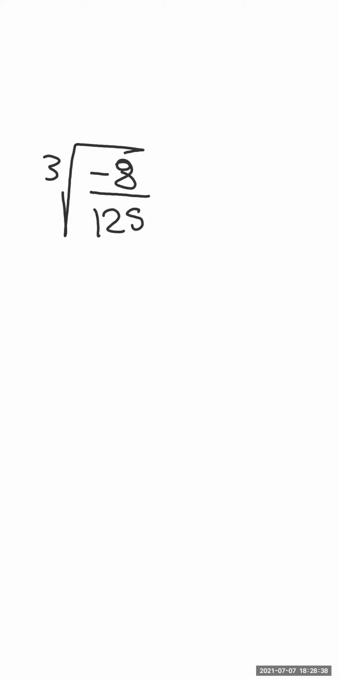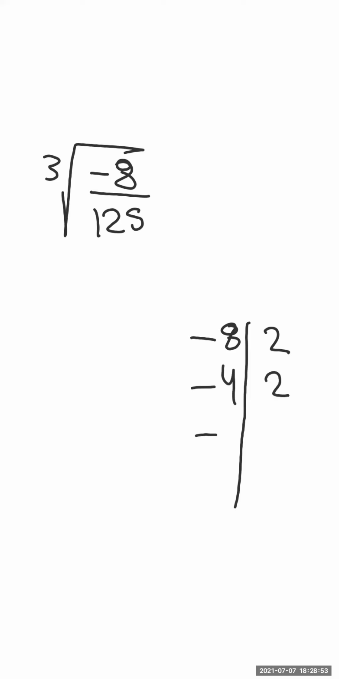Okay, let's continue. One more example. If I want to get the cubic root of negative 8 over 125. Okay, again, by factorization, negative 8, I'm going to divide it by 2, so it will equal negative 4. Divided by 2, negative 2. Divided by 2, it will equal